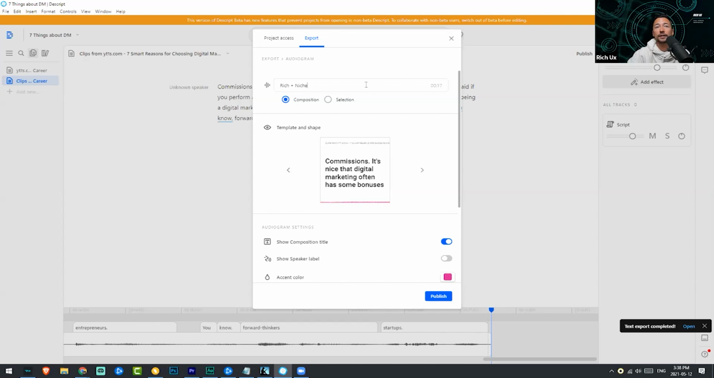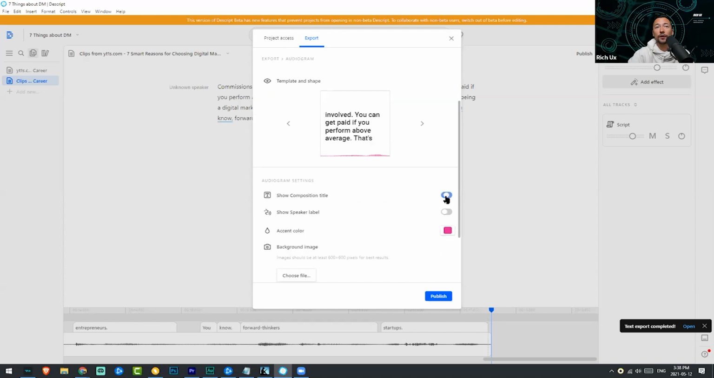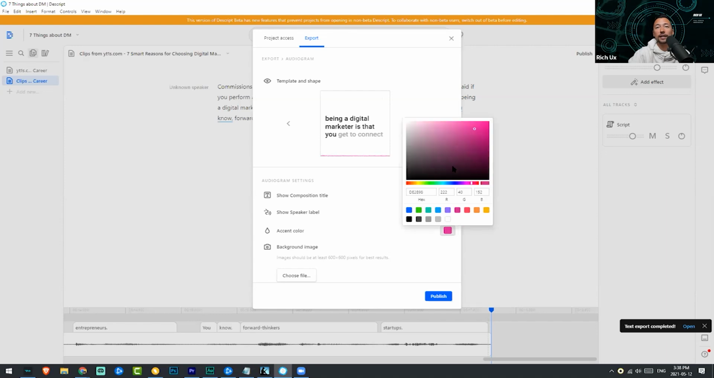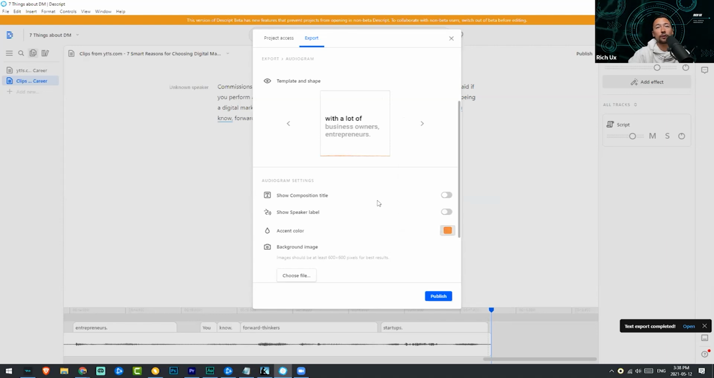It's not showing. It hasn't resolved into this template. You can turn off the composition title. You can show speaker labels. You can change the accent color. Okay, that's pretty powerful. A lot of customization here because when you add your own custom background image, you can